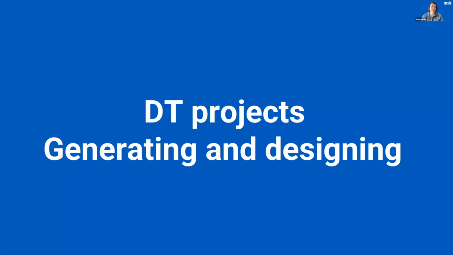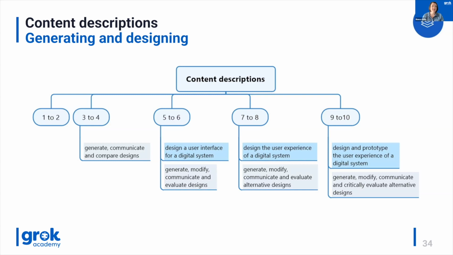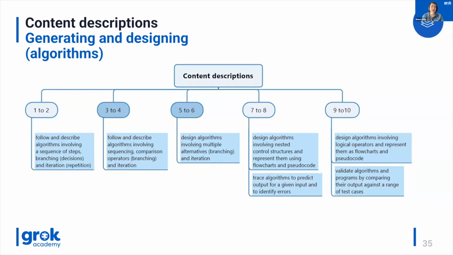We'll now move on to look at the substrand of generating and designing. This content description begins at the Year 3-4 band, with students generating, communicating, and comparing designs. There is, however, another content description in the generating and designing substrand, which is based on algorithms. So you'll notice for the Year 1s and 2s, it's about follow and describe algorithms involving a sequence of steps,